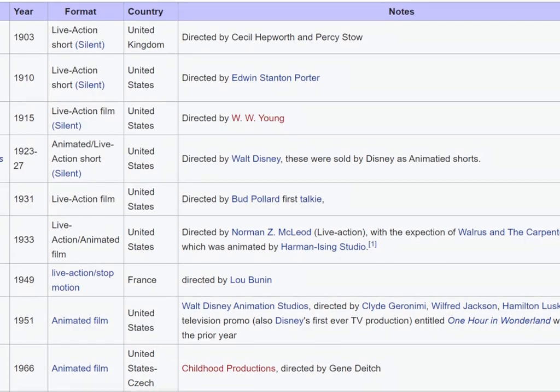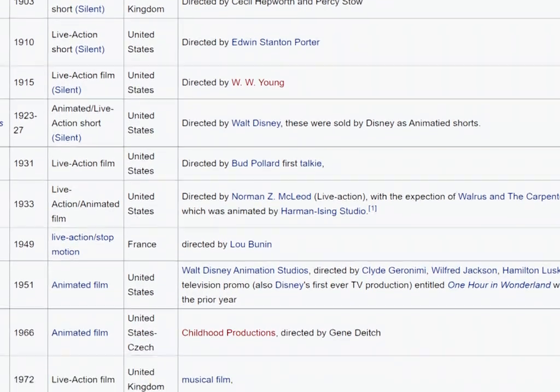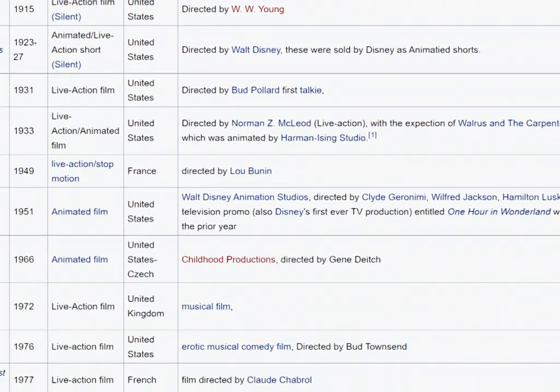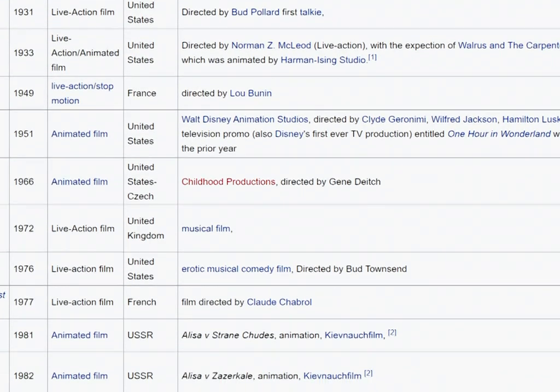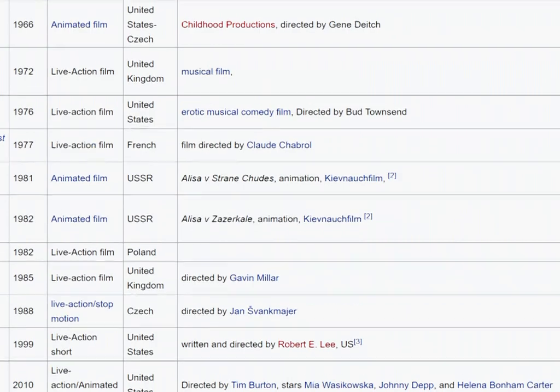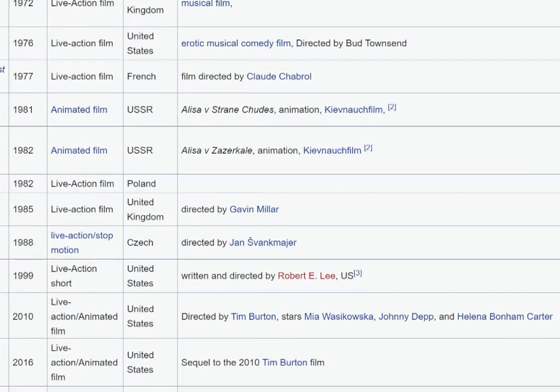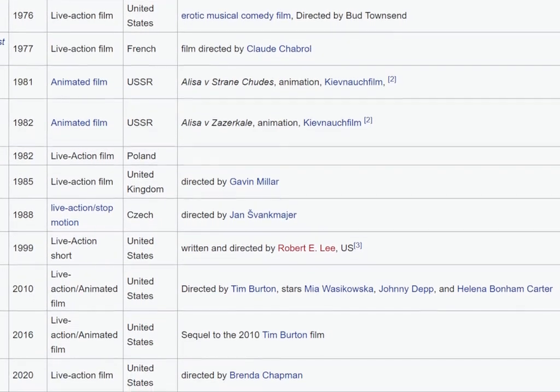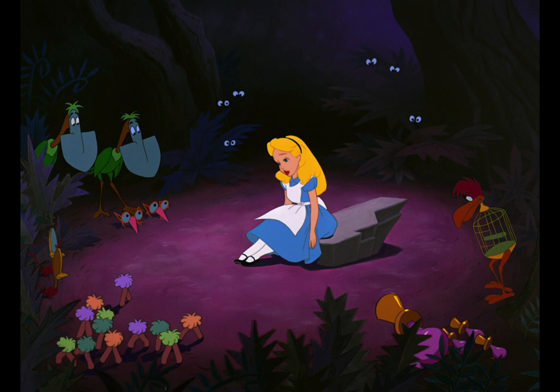But there are an awful lot of productions of Alice in Wonderland that have been done as a movie, as you see from this list. So these days, when people say Alice in Wonderland movies, they generally mean one of the two Disney productions, either the animated or the Burton version, which I guess is technically also animated. So those are the two that I'm going to be focusing on. So we'll take a look first at the animated version.